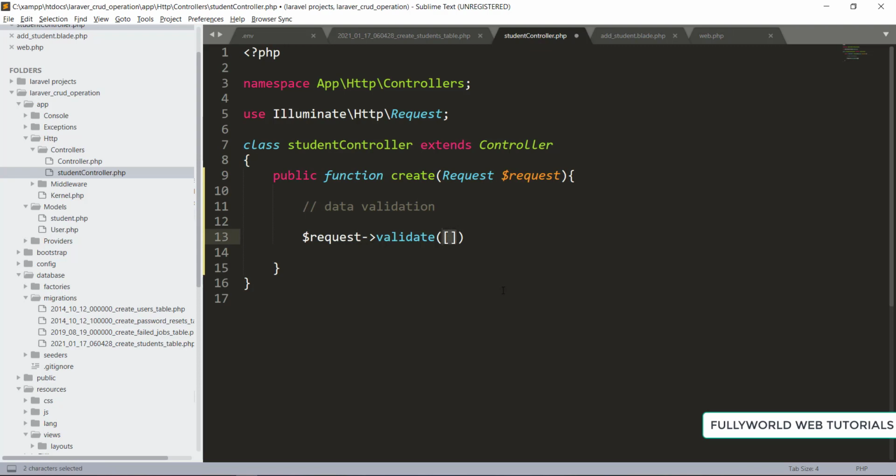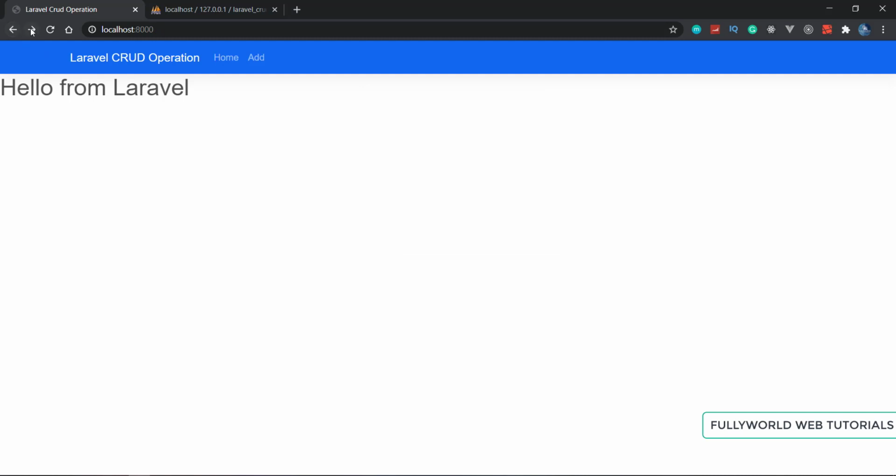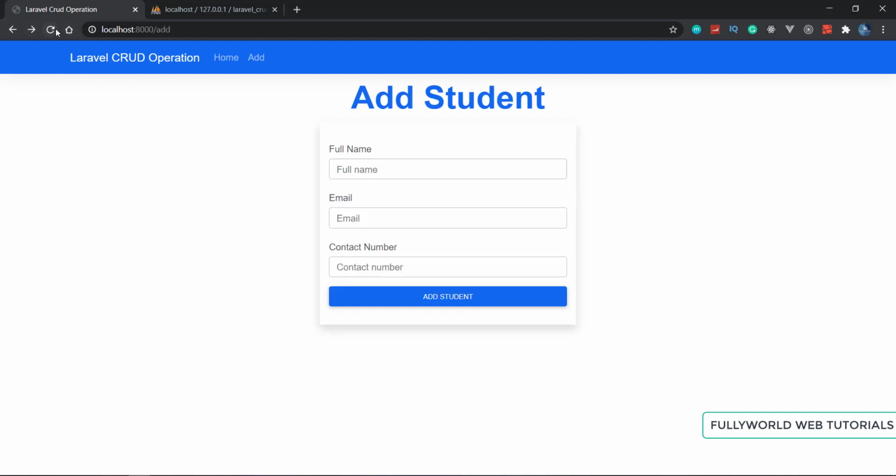Under this function we have to mention one array, and that array will be an associative array. So first of all, what do we have to validate? Let's see. When I go back here, sorry, actually I did not save this.